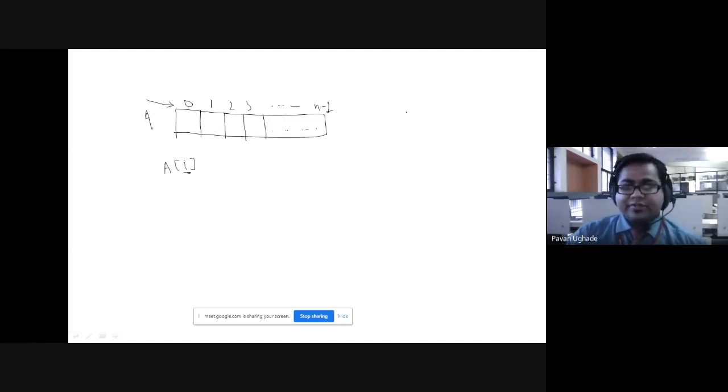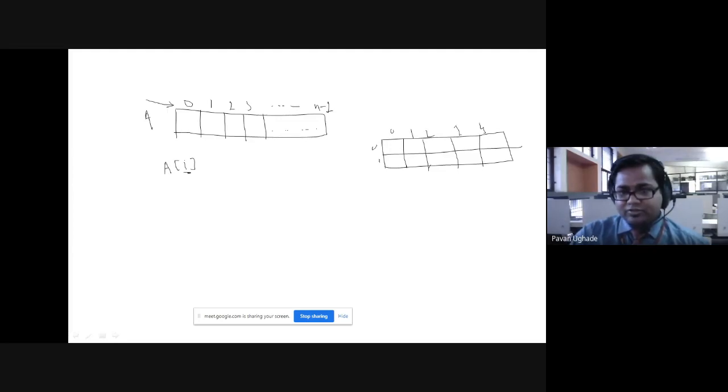In the same fashion, in the previous two classes we have discussed two-dimensional arrays also. Let us assume this is a 2 by 5 matrix, 0, 1, 2, 3, 4.